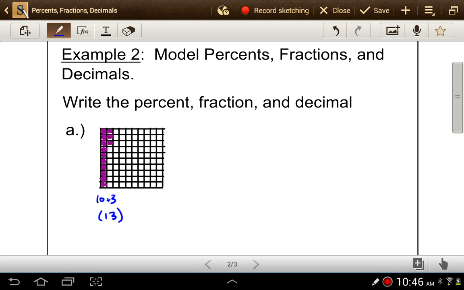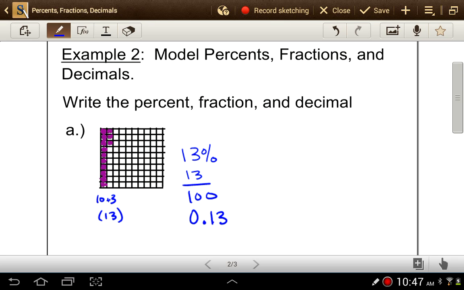As a percent, since there's 100 squares, that's going to be 13%. Each square represents 1%. I have 13 of them, so that's 13%. As a fraction, that is going to be 13 over 100. I have 13 shaded in, and there's 100 squares, so that's 13 over 100. And as a decimal, since each section equals 0.01, and I have 13 of them, that's going to be